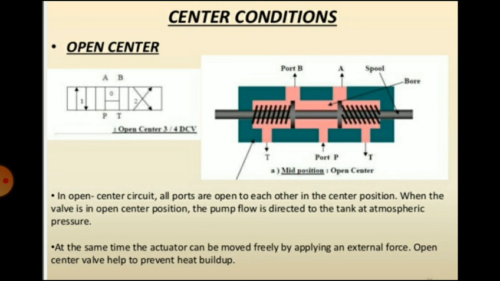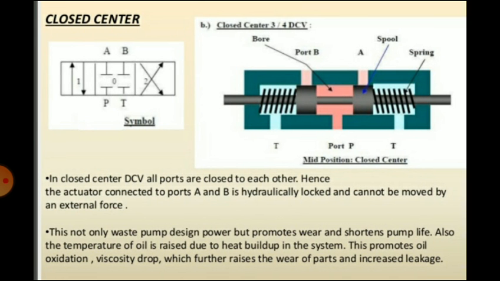First is open center, second is closed center valve, and third is tandem center valve. Then next is closed center. So the remaining two ports are used for the forward and reverse stroke,